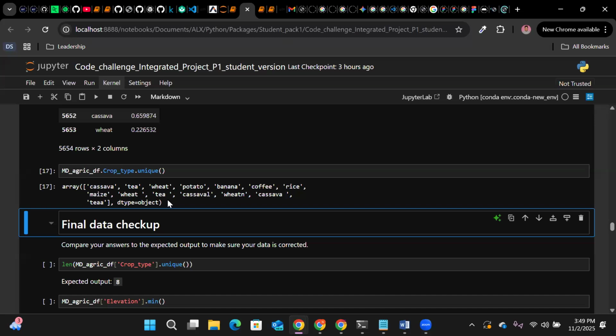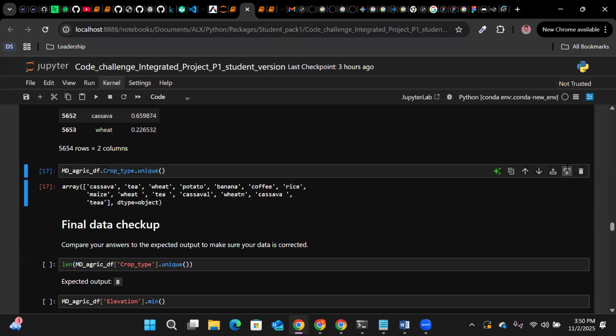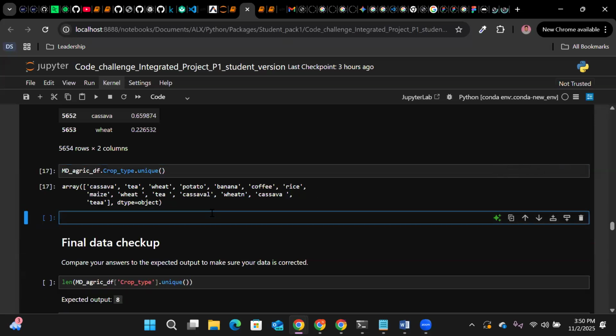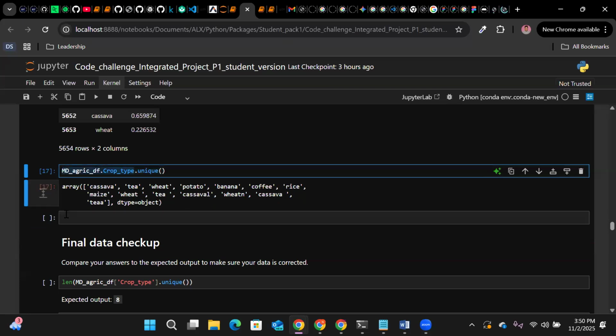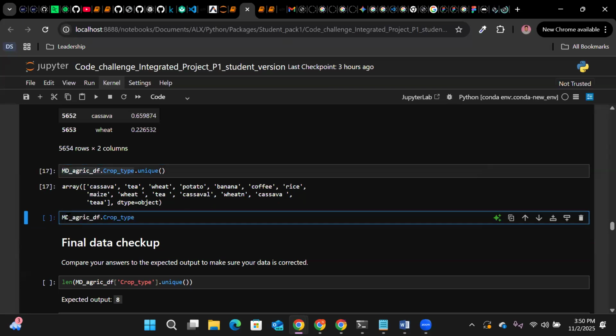So the first thing we'll do is remove the space from the data. You can just copy this so I don't have to be typing every time. So now we can see the MD and crop type. What we would assign it, because we are replacing it, we are replacing it with